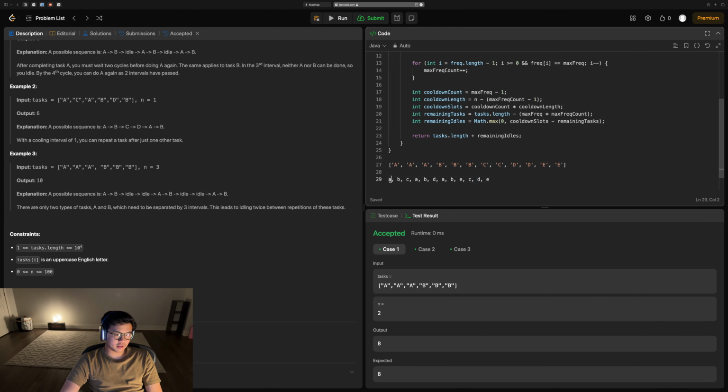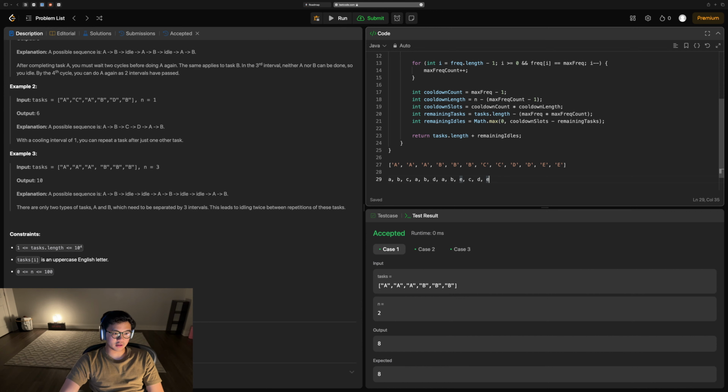Basically, we set the stage for this. And then because we've placed the most frequent values, we can guarantee that the non-frequent values won't violate the n condition. You place all the most frequent values, and then when you hit the non-frequent values, you can guarantee that they can be placed within n because